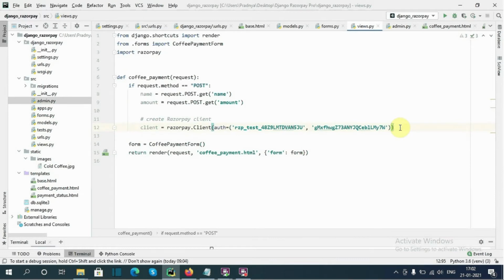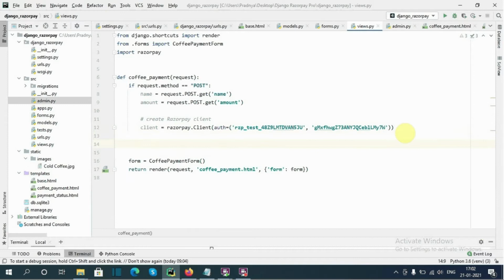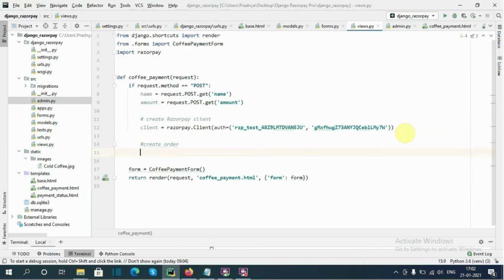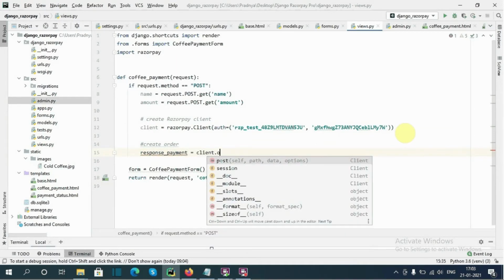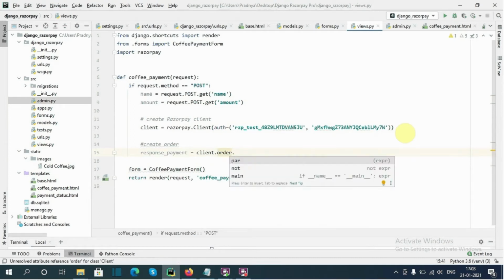Next we need to create an order at razorpay.com. So here I will type create order, response_payment equals client.order.create.